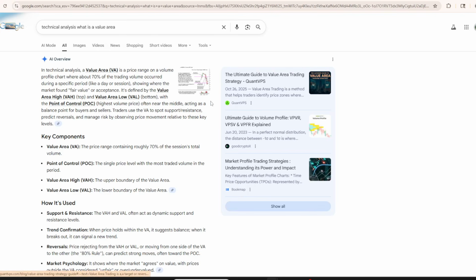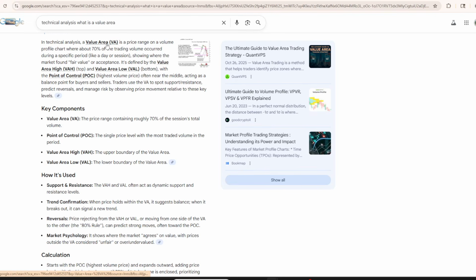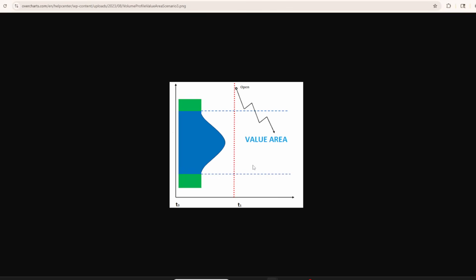For today's lesson, we're going to talk about value areas and point of control, volume by price. So here's just an image of what the value area means. And value area essentially is where the most volume was traded. It's going to be where the market has transacted the most shares, so there'll be a gravitation towards that price